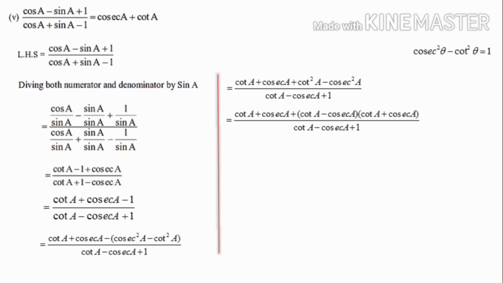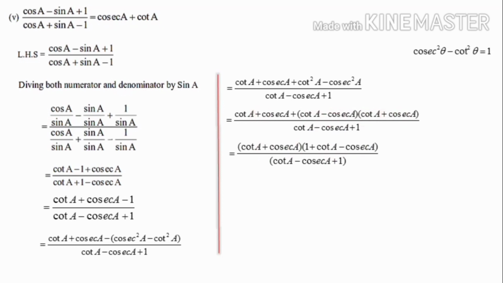Now when you look at the numerator, there are two terms. This one we can consider as cot a plus cosec a, one term, and here also cot a plus cosec a is another term. The same term is common. We can say that cot a plus cosec a is common in the numerator. If you take that common outside, cot a plus cosec a is taken outside, and instead of these two terms there is one balance, plus in these two terms there is cot a plus cosec a outside, and the balance is cot a minus cosec a, that is written here.